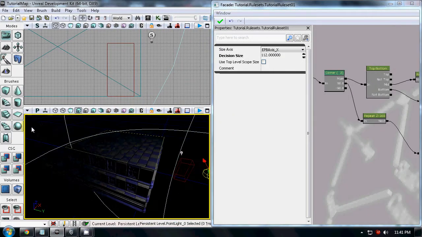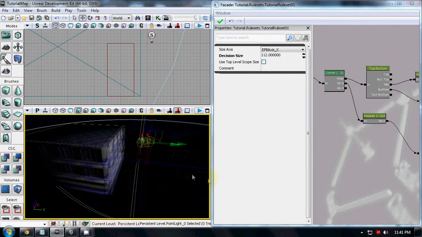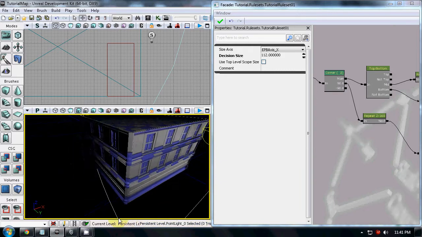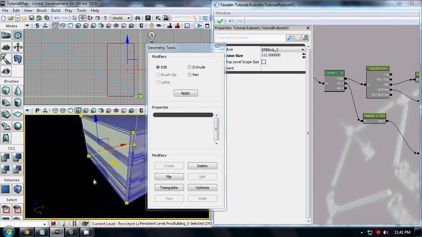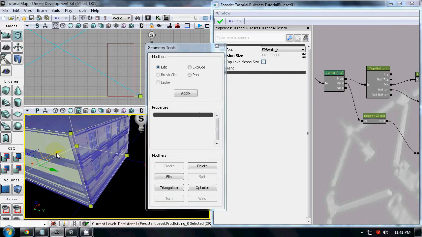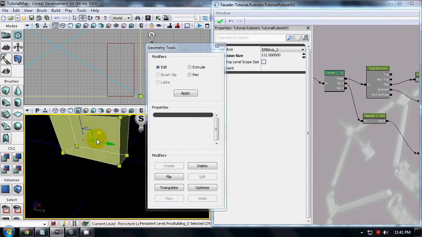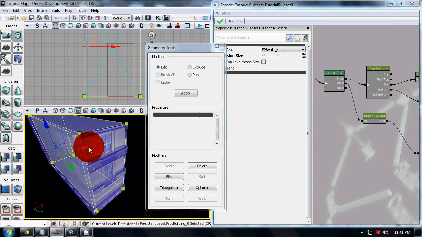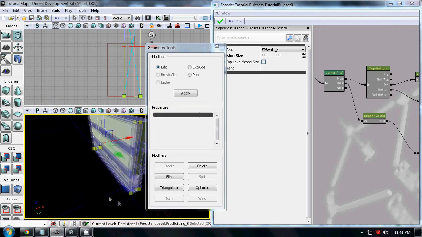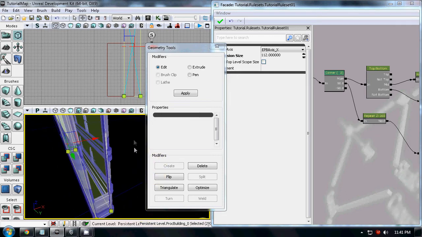So if we would make this building a lot smaller, let's make it small. The cool thing is that it automatically updates, so we drag it down and we should make it smaller than 96 units. So this one is smaller than 96 units,